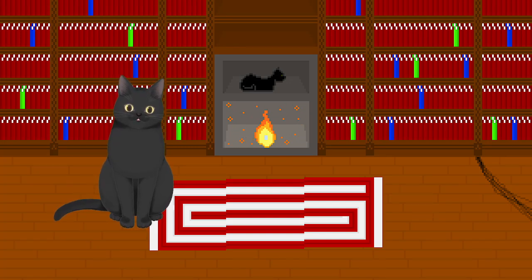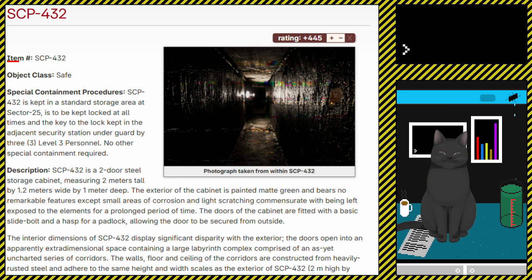Today we're going to be reading SCP-432, Cabinet Maze. Now, without further ado. Item number